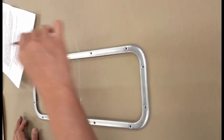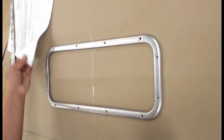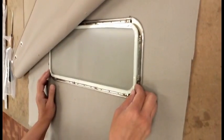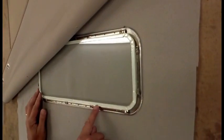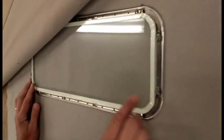And you just, without budging the frame, you want to mark each one of those. Now we're going to take that away and punch each of those holes with a very small punch. Okay, before we set the window into the curtain, we wrapped the edge of the glass with a cloth tape, something like electrical tape or